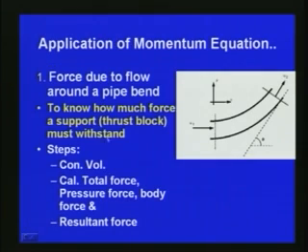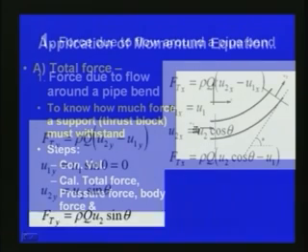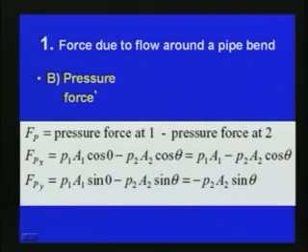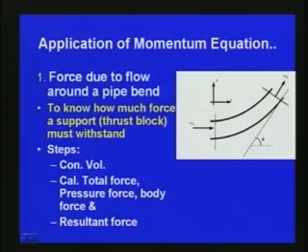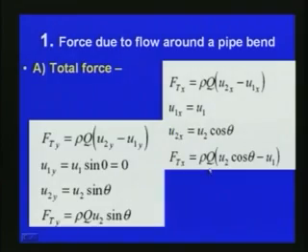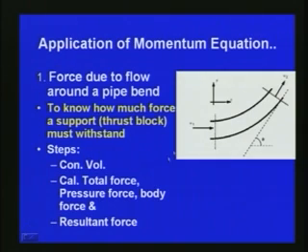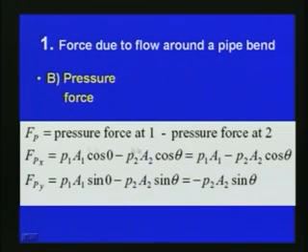So, we have already considered the control volume, and then we have calculated the total force with respect to the fluid movement between section 1 and 2. And then the pressure force, we can calculate between section 1 and 2. The pressure force is the change in pressure force at 1 minus pressure force at 2. If P1 is the pressure intensity at section 1 and P2 is the pressure intensity at section 2, we can write the pressure force in the x direction as Fpx is equal to